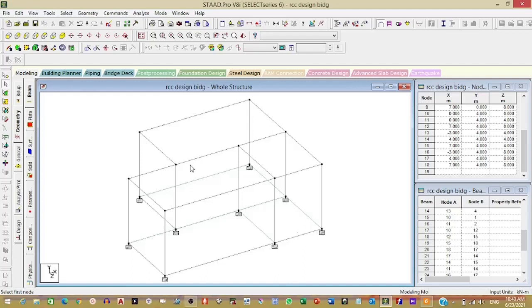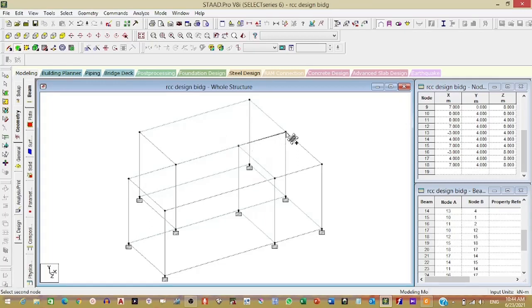So select the third point, the fourth node. We can call it a node. Then here these 2 slab panels, and then the last slab panel. So at the bottom and top also. I have considered slab at both the ground level and the first slab level. This is just an example.